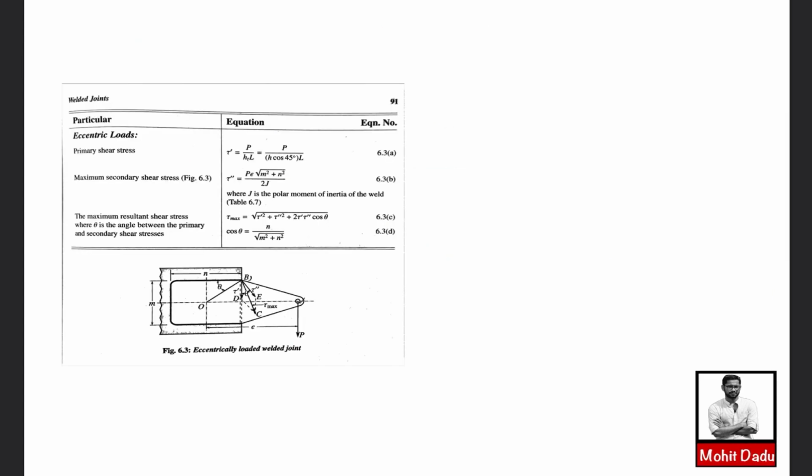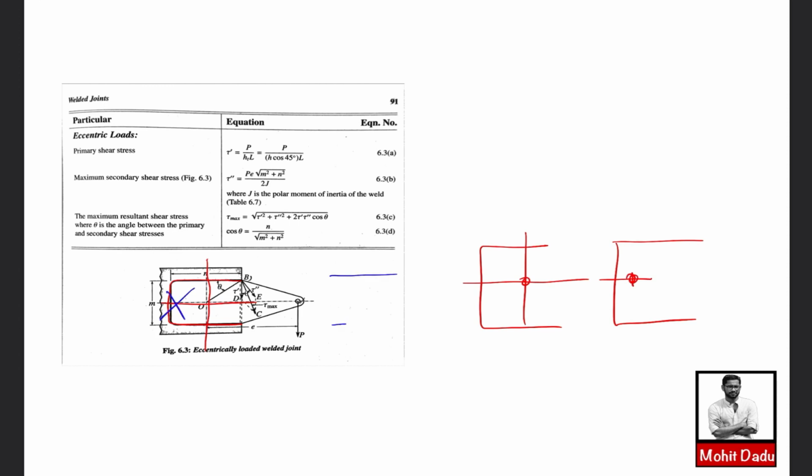So here on page number 91 there is a figure given. If you look at this figure, it is given in the form of a C section. The bolded line looks like a C section, then its CG is given like that, so it is coming at the center. If you have a C section, then the CG will never come at this position. The CG will always come towards this side, somewhere here. That means this figure is actually not corresponding to a C section. So this is actually wrong.